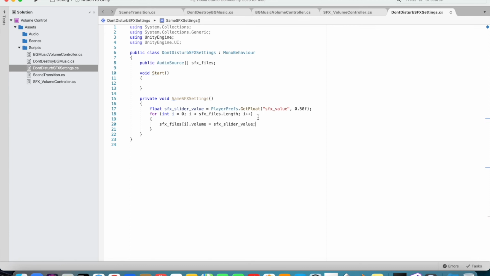This way it will take the value from PlayerPrefs and set it as the same setting as the previous one. So in the Start function you need to call the same SFX settings here, save it, save the script,